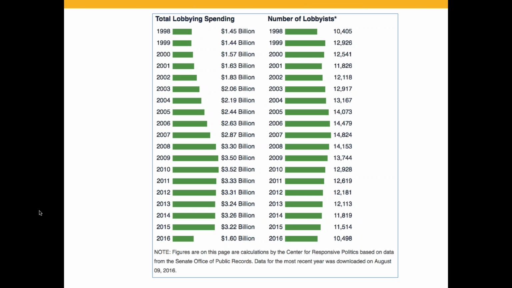I also want to make the point at this time, which I probably should have made a little earlier. It's pretty unlikely that you have to register as a lobbyist. Most people on this call, I'm assuming, do not have to register as a lobbyist. I will show you where to find information on the requirements on the state level towards the end of the presentation, because I don't know enough about most individual states to know whether or not you need to register as a lobbyist. But the odds are good you probably do not need to register as a lobbyist.